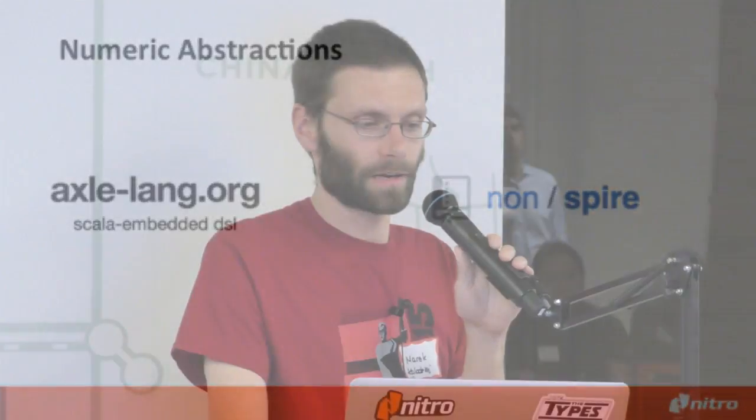So for example, for numeric abstractions, you have Algebird and Spire. Spire is really phenomenal. These guys have come up with really crazy things such as a floating point filter to have the accuracy of essentially a big decimal, while keeping the performance of a double. I mean, I don't even know how they come up with these things, but it's really cool. And a lot of nice category theory and stuff like that as well. If anybody knows the difference between a rig and an rng and a ring, then bonus points for them.